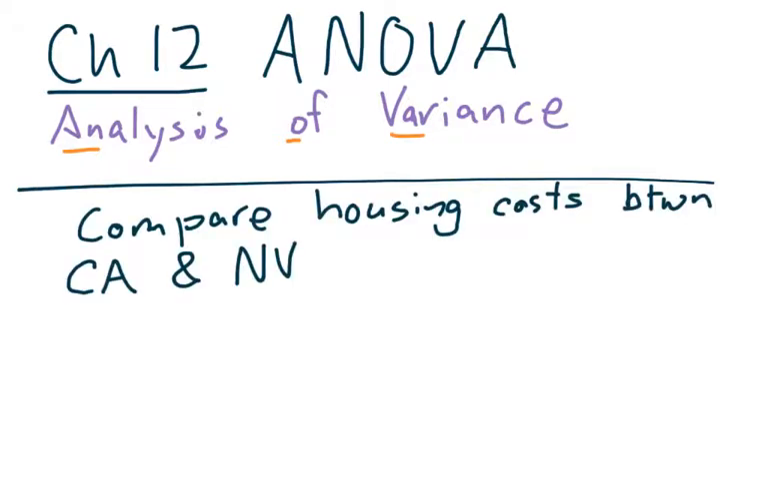ANOVA is simply an extension of what we were doing in Chapter 9. So if we wanted to compare housing costs between two states, let's say California and Nevada, let's say we suspect that maybe housing costs are higher in California, but we could just simply test to see whether they're the same or not. So if we wanted to do this,